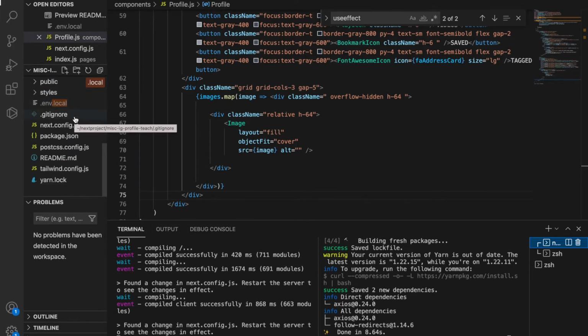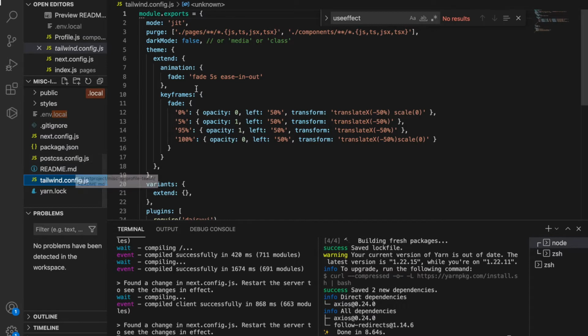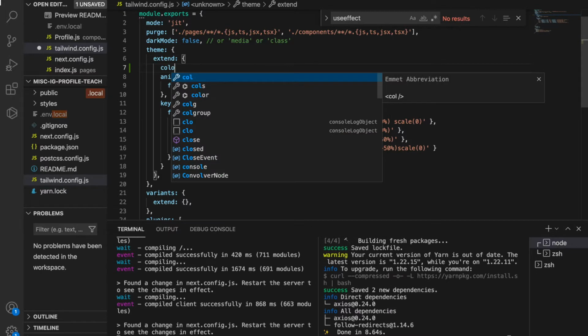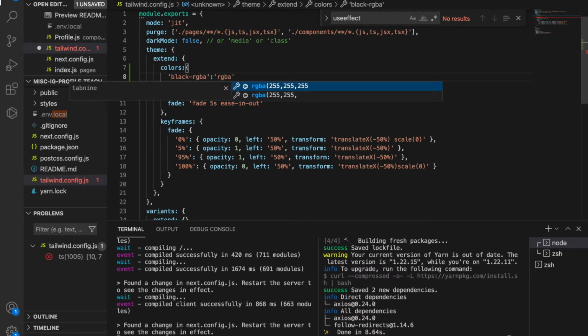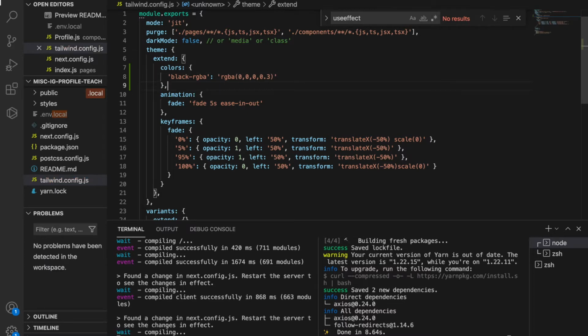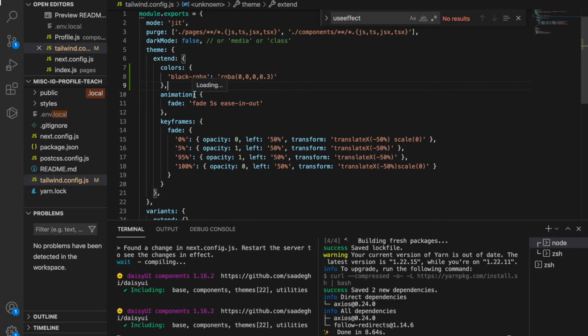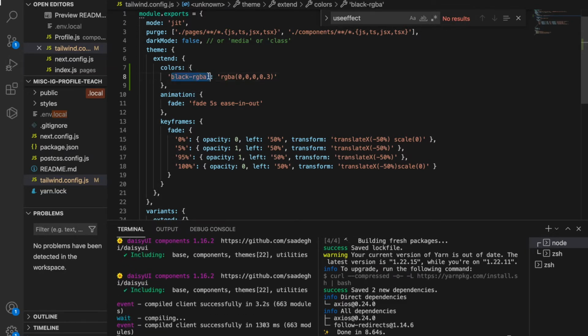So we go to the tailwind.config.css, and then we go to the theme, and under the extend we create the colors, and we create a name called black RGBA, and then we use RGBA with 0, 0, 0 and the opacity 0.3, and then we add the comma here. So now we already created this custom class, so we can use this at the